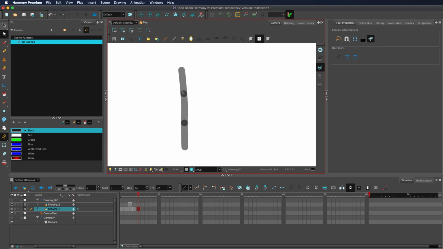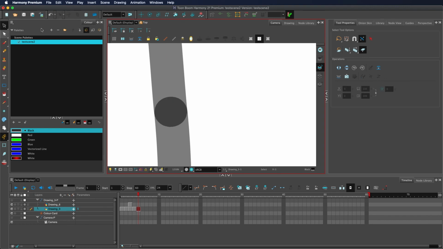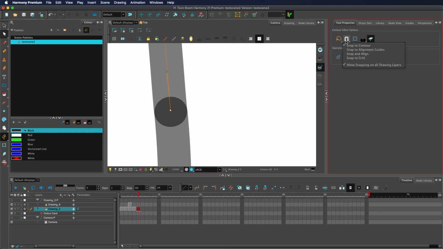As you can probably imagine then, the join button takes these split contours and joins them together. If you accidentally nudge the line and so it's no longer overlapping, the join button will not work. Simple fix in this case, you need to enable your snapping option and go snap to contour and then just snap the contours together so they're one again, and then the join button will work.